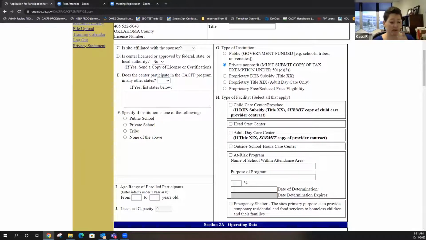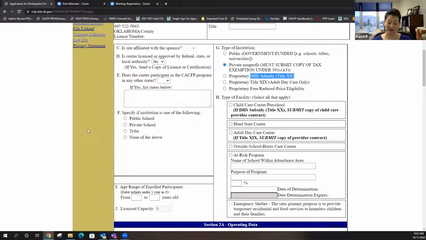Child care owners that have to submit the Title 20. No, we didn't get that changed quick enough for those letters to not say that. But we have adequate processes in place to make sure, if you come on receiving Title 20, otherwise known as DHS subsidy, which we tried to change that wording all throughout our system, because the people who are in subsidy are like, you guys are the only ones that call it Title 20 anymore. So we're slowly trying to transition to calling it DHS subsidy. We have a process in place to know if you lose your contract or if you quit your contract. We know almost immediately. That's the purpose of those letters, because you come on the program as a for-profit.